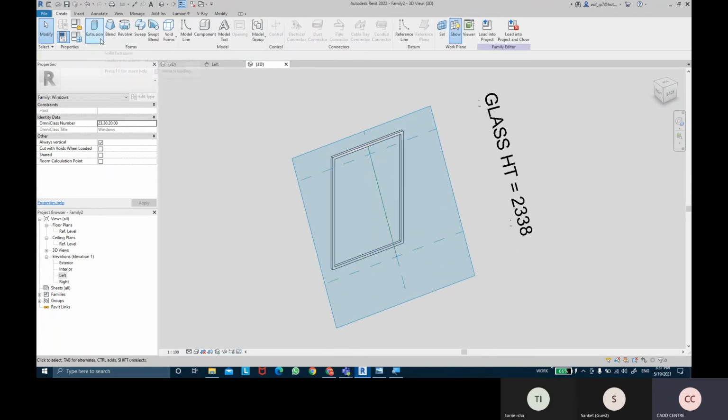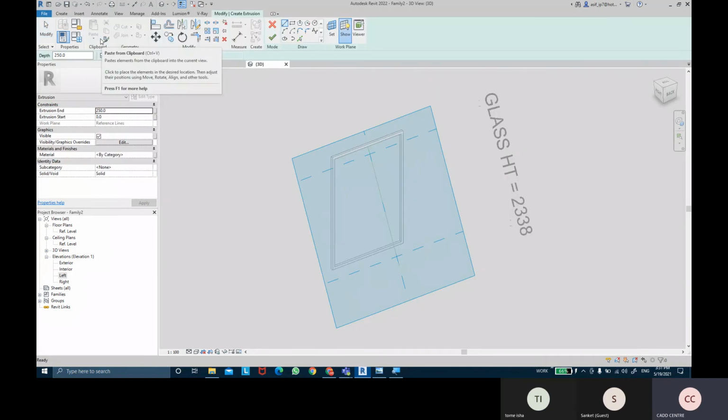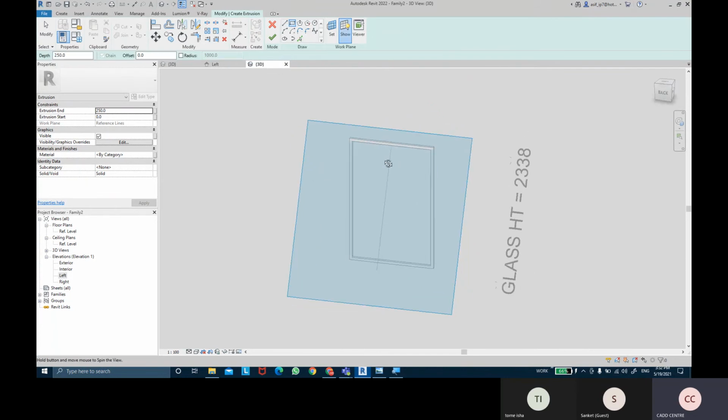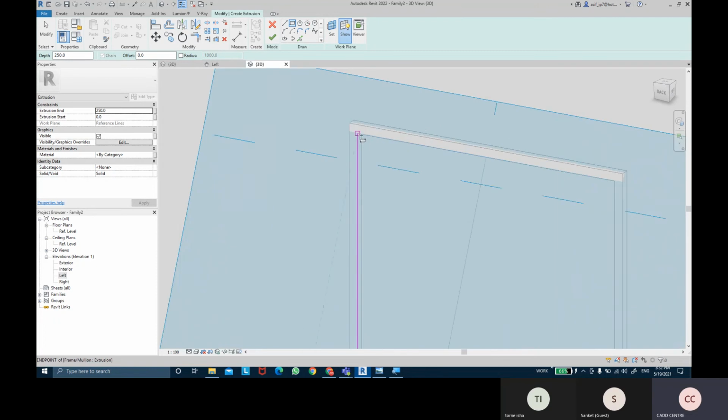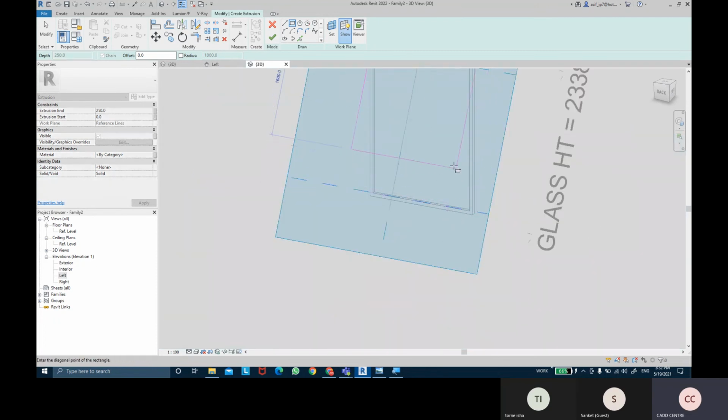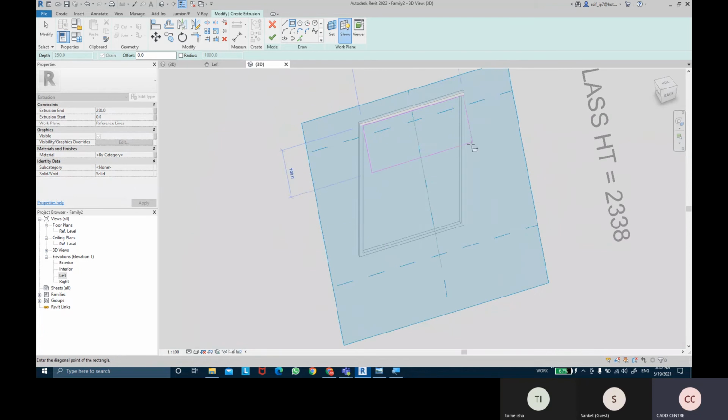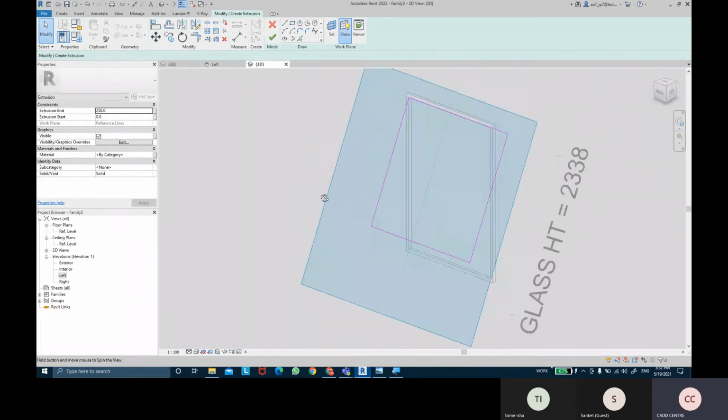And now we can create another solid extrusion form. To create a rectangular shape from this end all the way. Roughly, I'm just going to draw a rectangle shape. You can lock the lines whichever you feel to lock. So these two we're going to lock. The other side plane has not been locked up.